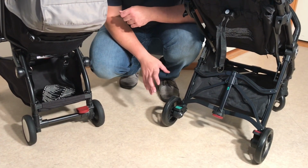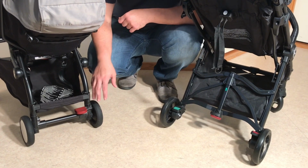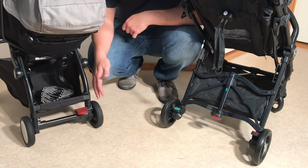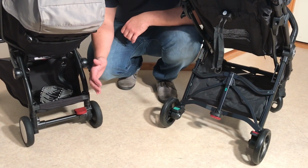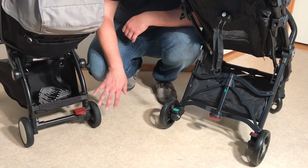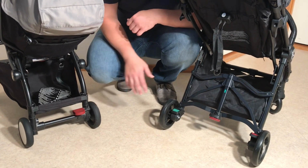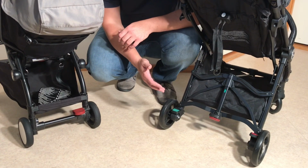When you look at the quality of the wheels themselves, though, I know Babyzen does have problems with the ball bearings inside, sometimes rusting and breaking, and it makes it a little bit difficult to replace the rear wheels when that happens, but they are still essentially removable. So if you pop off the hubcap on the side of the rear wheel, you can actually detach the wheel itself and replace it. On the Silver Cross, again, like with the rest of the chassis, you have this sort of riveting setup,